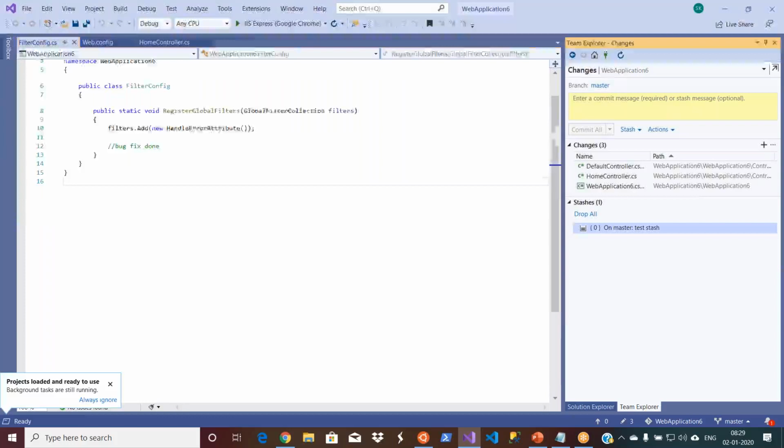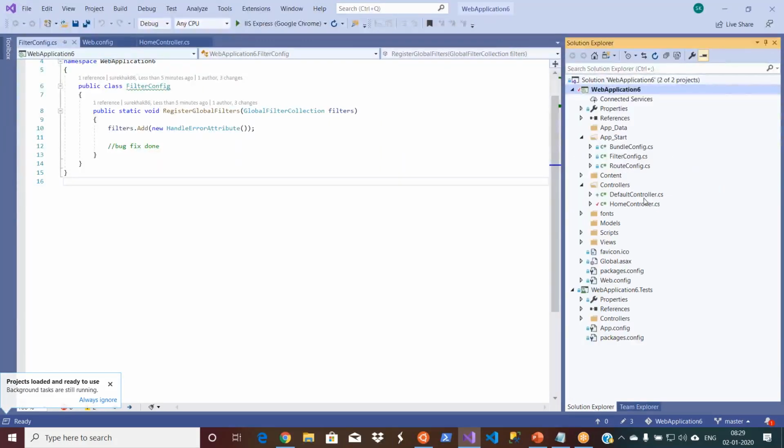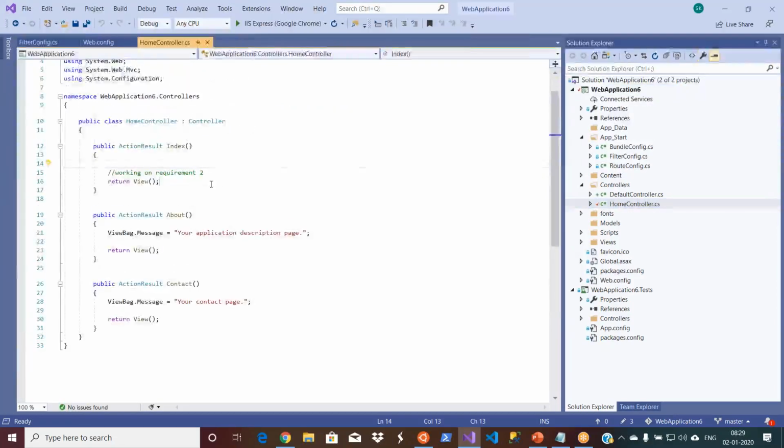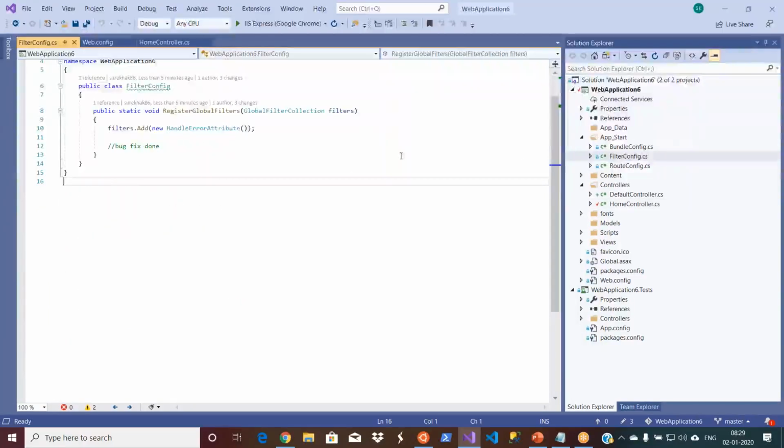When I apply it, come back. It had come back. You see my DefaultController.cs, whatever is stashed, is again appearing in my source control. I have not made any change, right? It is still not committed, and I made some change to HomeController, requirement one, and another one, FilterConfig bug fix. So my bug fix is there, my older changes are there from before the bug fix. Now I can go and continue my work.